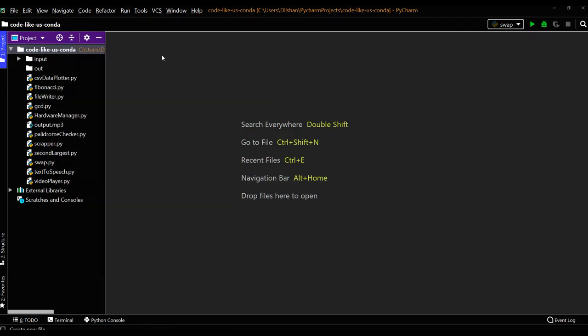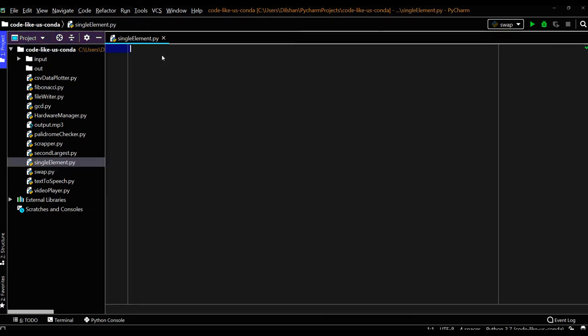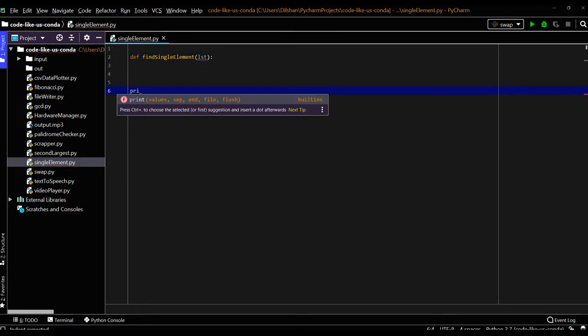I will create my Python script, single element dot py, and my method find single element. The input should be a list or array. First I will add the print statement with the test case.